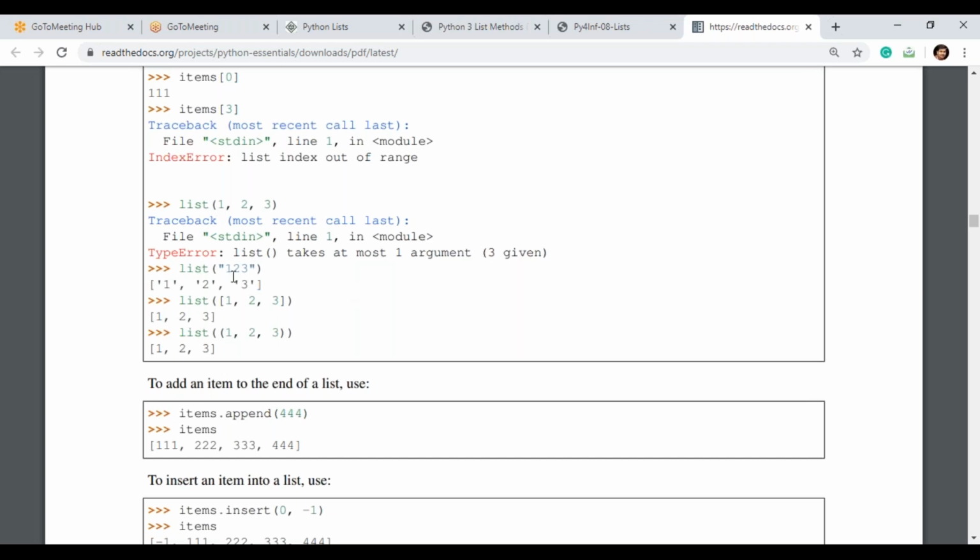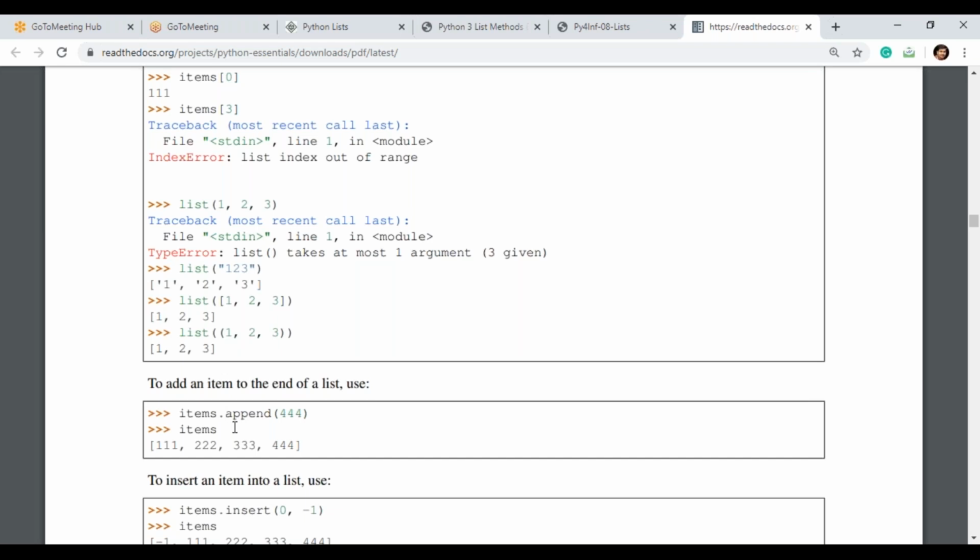This is the problem. Inside the quotes, 1 2 3 means that it is a string. So you can convert it, 1 is a string, 2 we can split, 3 we can split, but these are string operations because you are using quotes. Quotes means string operation. Then list with 1 comma 2 comma 3 will be displayed on your screen. So list of 1 comma 2 comma 3 shows 1 2 3.